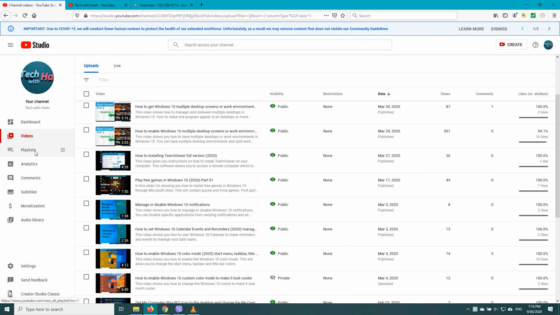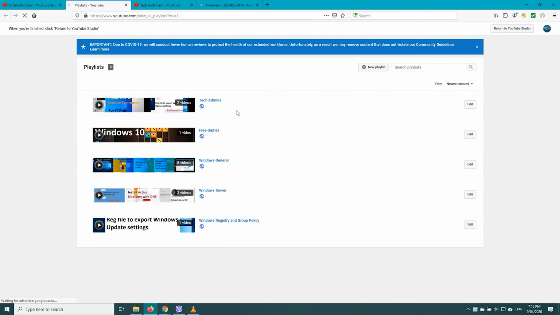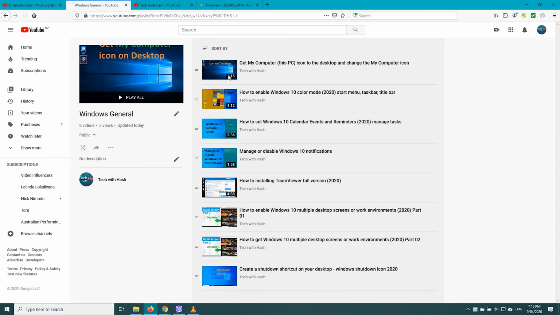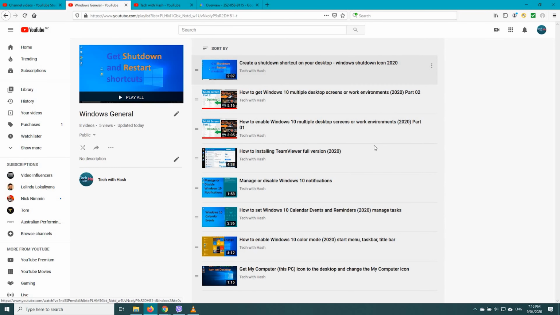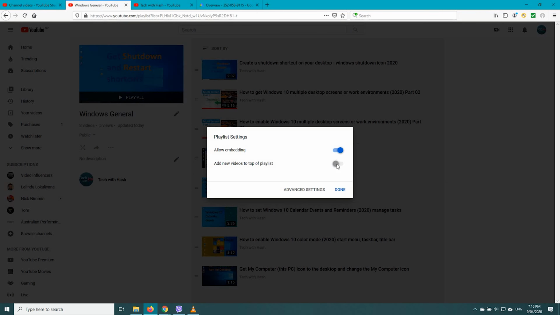Where I go is the playlist option over here. So I go to the playlist in the studio, and you want to select the playlist you want to edit. So go to edit, and you can change from here the sorting order to newest coming in the top of the playlist. Do you need to change another setting here? You need to go to playlist settings and tick this on, so newly added videos will be going in the top